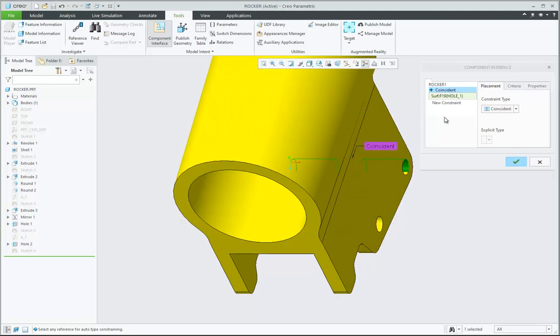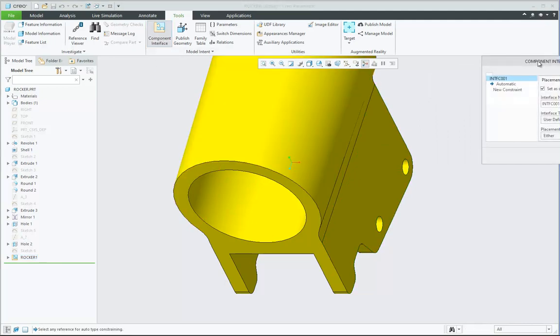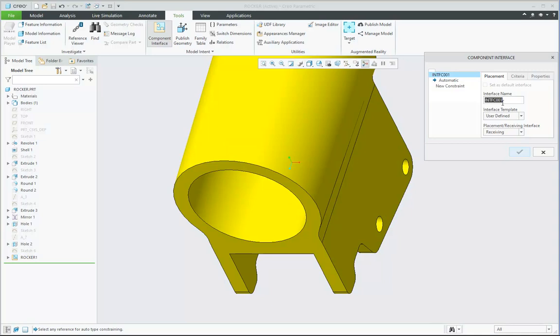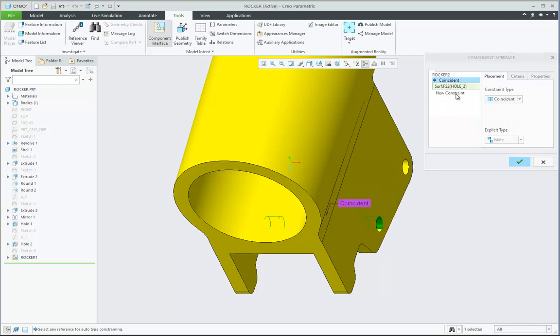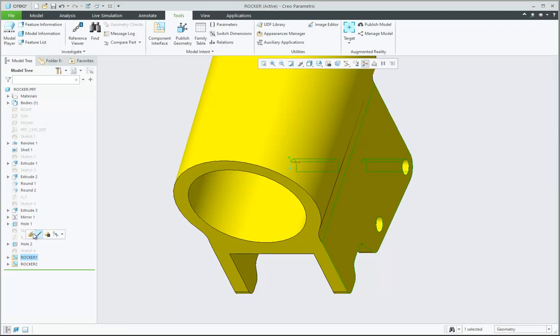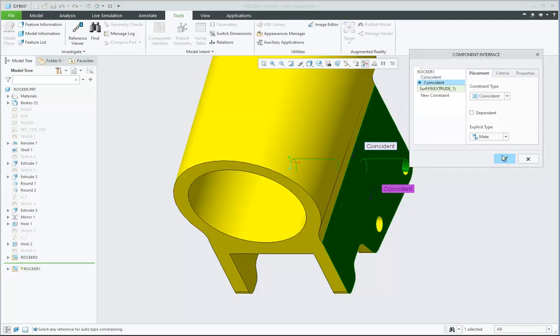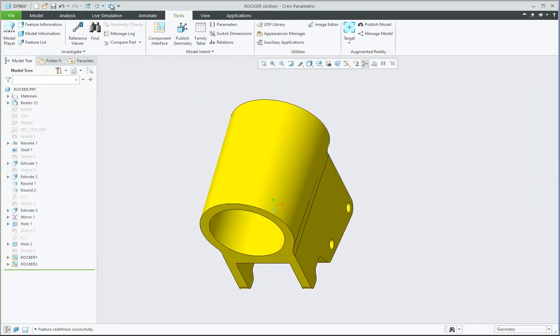This is here and here. Similarly, one more interface which is again receiving type, that is rocker2. Okay, so we can see that first interface and second interface, rocker1, rocker2.